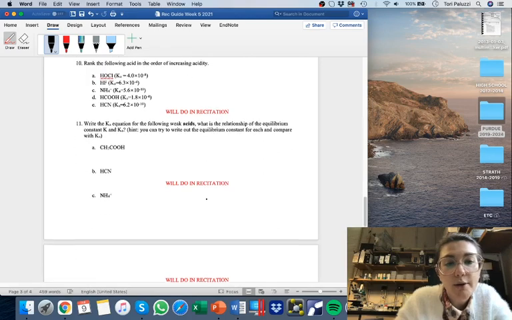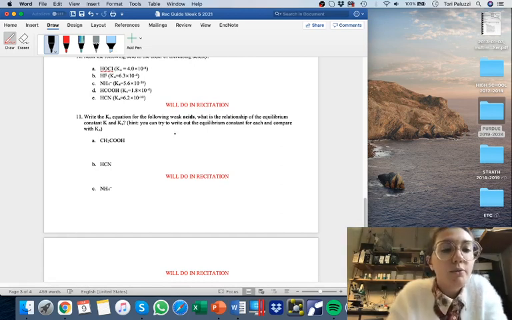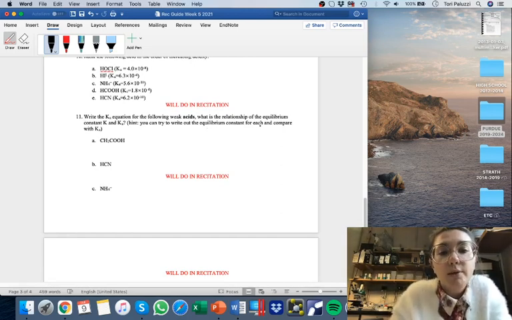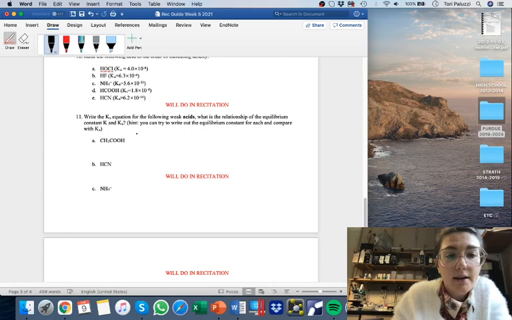Okay, we're going to rank the following in recitation, so don't worry about that. We're going to go over why these numbers descend and ascend in certain ways. Finally, write out the K value for the weak acids, and what is the relationship of the equilibrium constant K and Ka. So, when we're looking at the Ka equation, we're simply writing out the products over the reactants. The products are always going to be the dissociation products, so these will always have a H3O plus in the numerator,